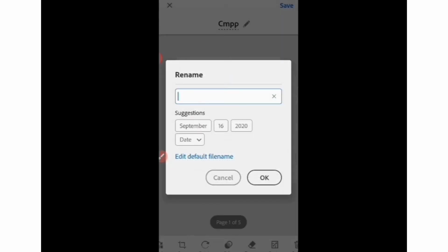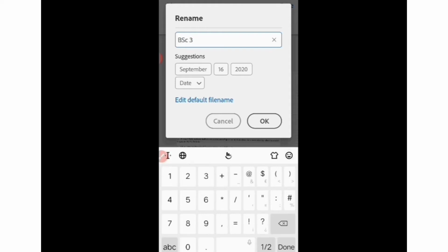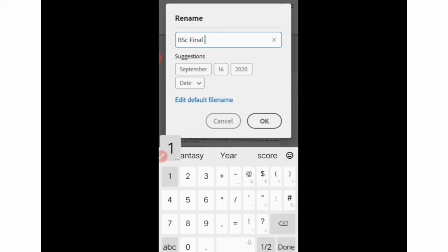You have to follow Punjab University guidelines: you have to write first the class name, then university roll number, and then name of the paper. So here I write my class, which is BSc final. Students, you have to write your class, which may be BA, BSc, BBA, BCA, BCom. Then after writing the name of your class, you have to write the roll number provided by Punjab University, Chandigarh.